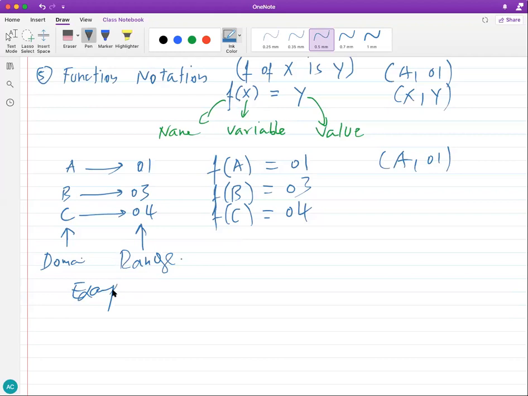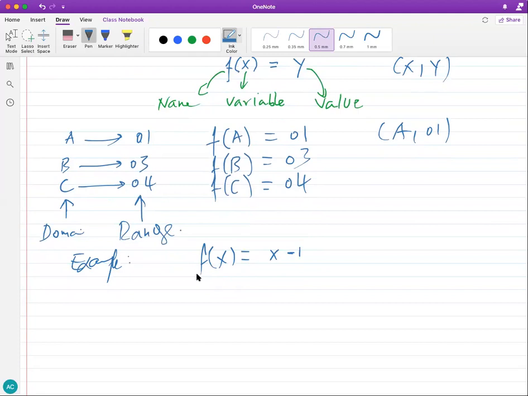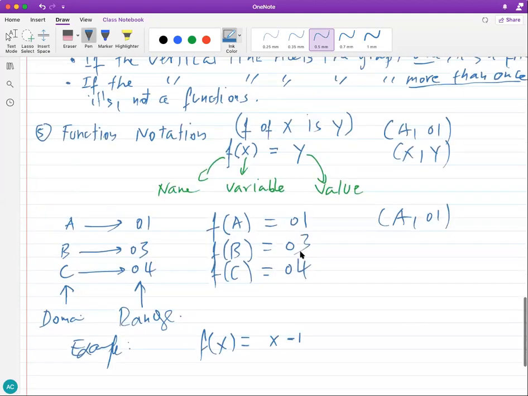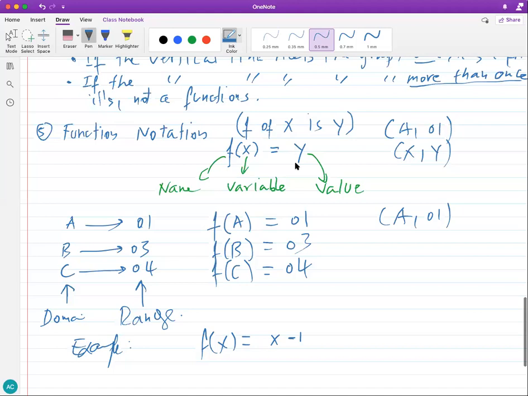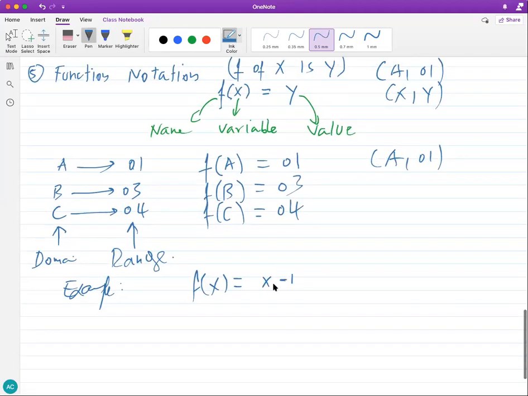Let's see an example of a function. Let's say f of x is maybe x minus 1. Okay, so again, the name, this is the x of the variable, and this is the actual formula to get the y from. So this is the expression or the formula that will give us the y. If we plug some x here, we do some math, and it gives us some y